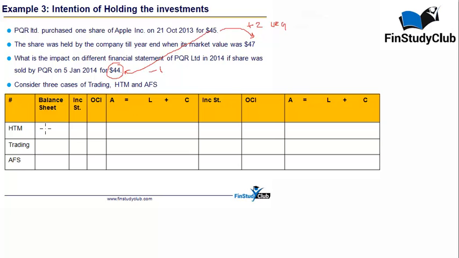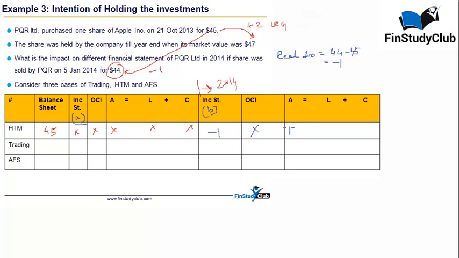The valuation on the balance sheet date will be at the same price as the purchase price, no change in the asset, and not recognizing any kind of unrealized gain. However, when the investments are sold in 2014, the realized result in this case is a loss, 44 minus 45, minus 1. Cumulative of A plus B should be minus 1. Nothing was booked last time, so the entire 1 of loss will be booked this time.